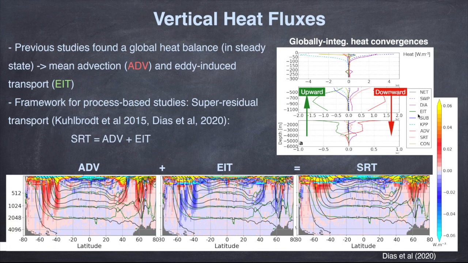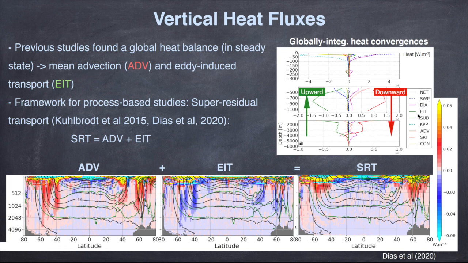And in terms of the previous studies of ocean heat transfer processes, most of them have found that the global balance in a steady state is between the mean advection moving heat downward and the eddy-induced transport moving heat upward, where the eddy-induced transport accounts for both the eddy advection, or GM parameterization, and the eddy diffusion, or isoneutral diffusion, usually parameterized as the Redi diffusion. And these two main processes are mostly constant with depth, so they have the same signal from the subsurface to the deep ocean,